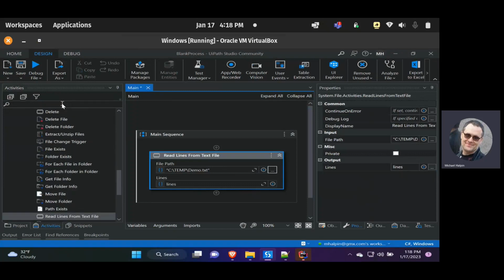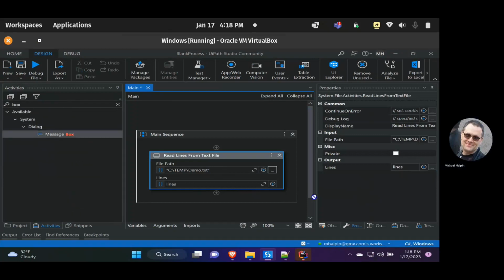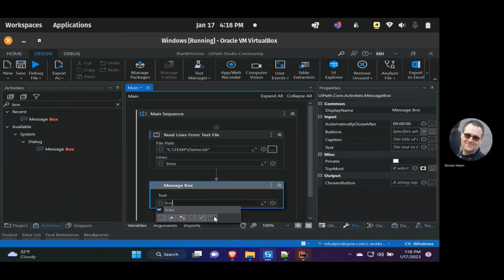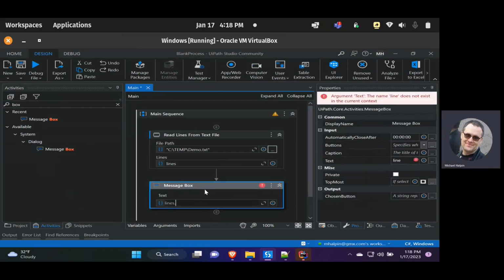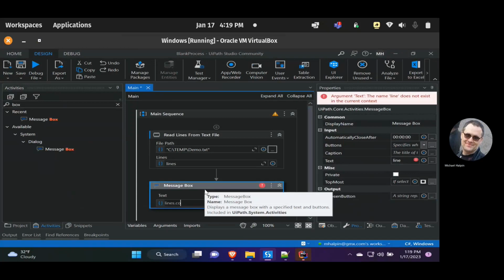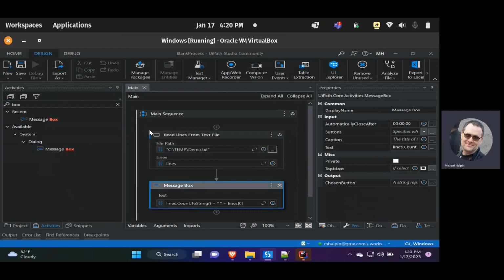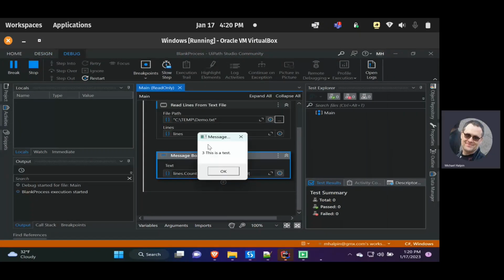So that looks good. And we're going to go to message box, do a message box for our output, and then we'll do lines.Count.ToString plus a space plus lines[0]. And we can run this, and we should get the same predictable output that we got in Visual Studio or Rider, depending on what you're doing. And there we go. We got our count of 3 lines present, with the value of the first line being